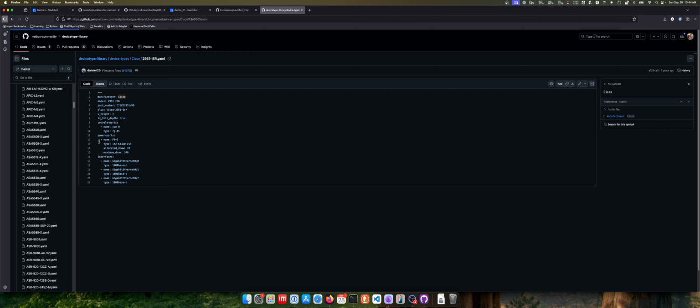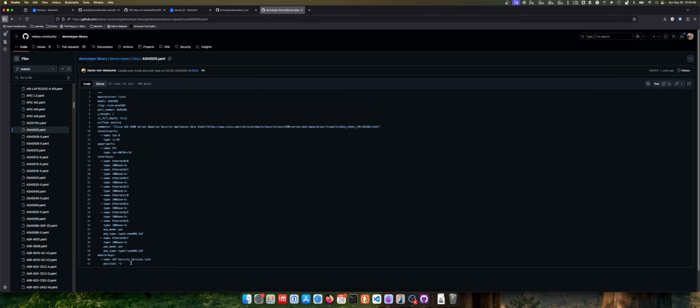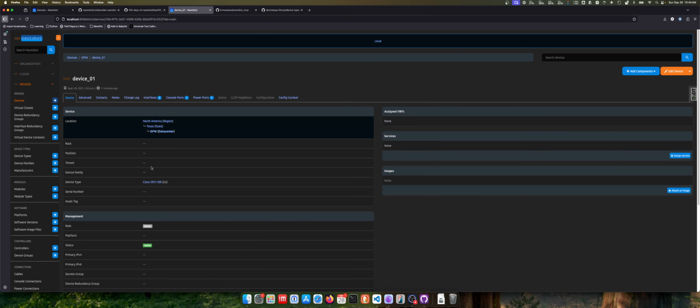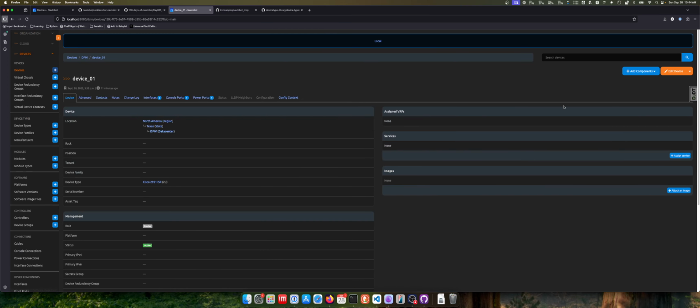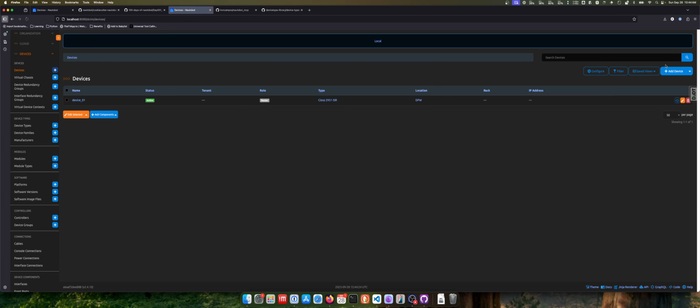Like, let's say you have a 5505. You can have a script that goes into the Cisco folder, looks for this, and then pulls this information out. And then all the job would essentially be doing is, if I go to devices and I go here,